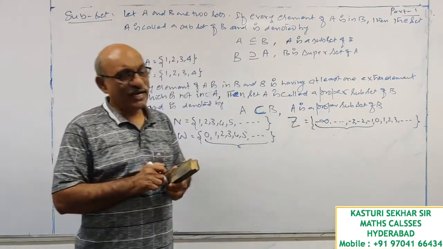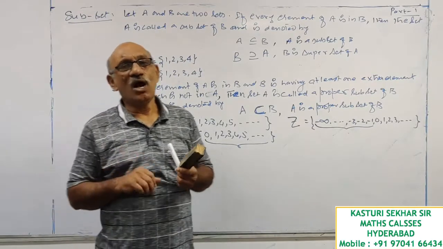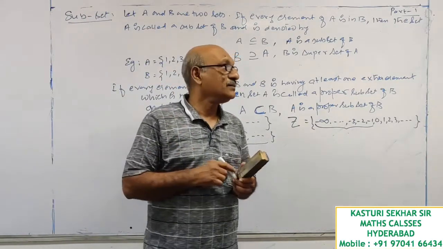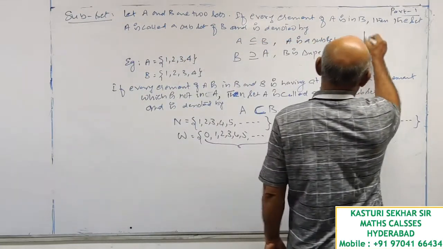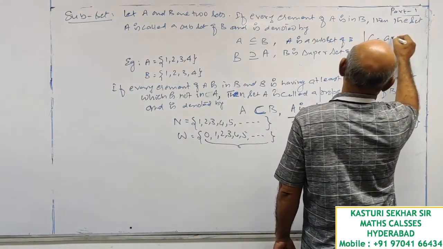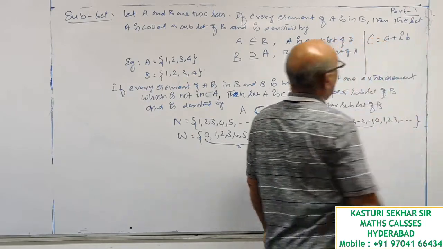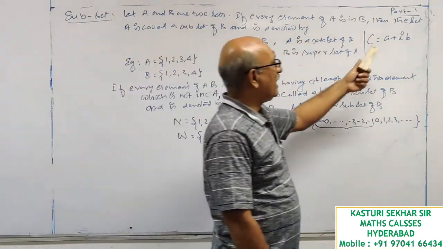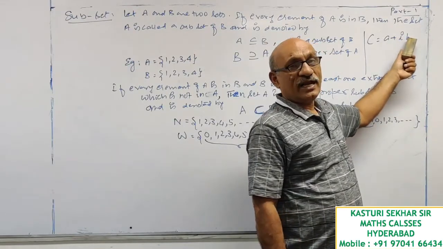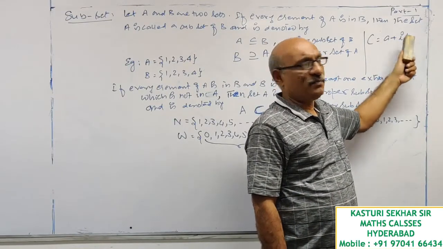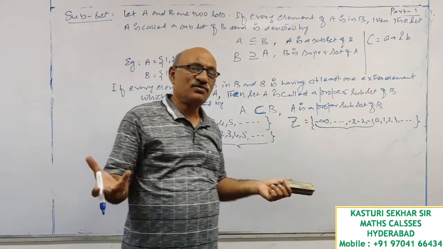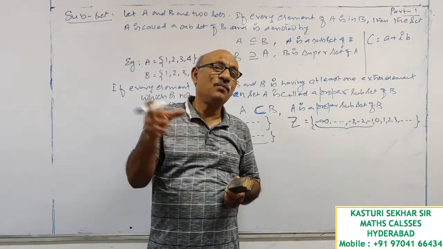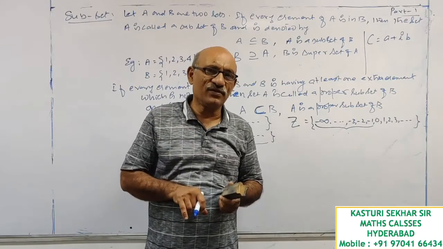In the same manner, complex numbers have a real part as well as an imaginary part. A complex number means a number which is of the type a plus ib. A is the real part and the second one, ib, is called the imaginary part. Real numbers do not have an imaginary part. Therefore, real numbers are a proper subset of complex numbers.